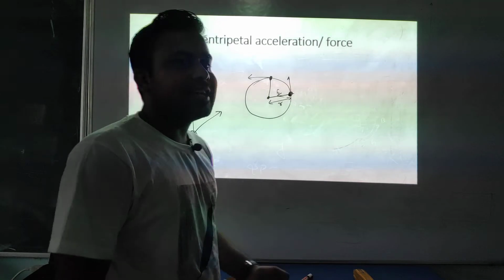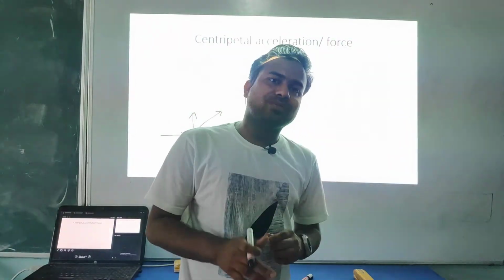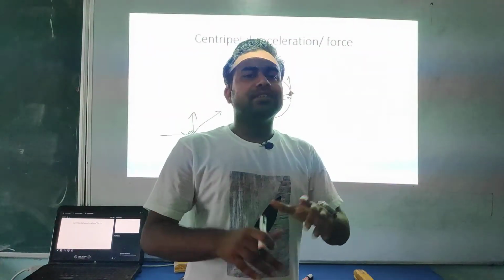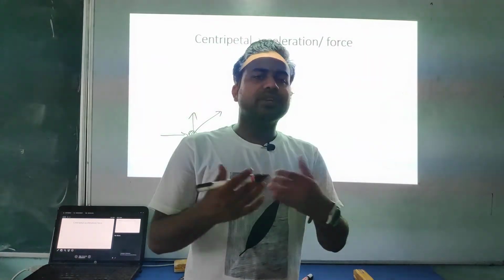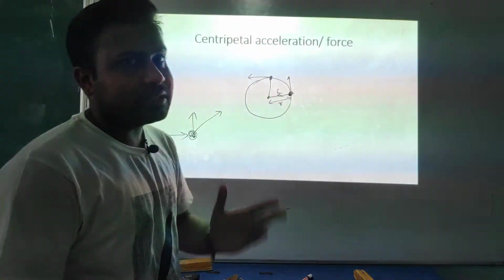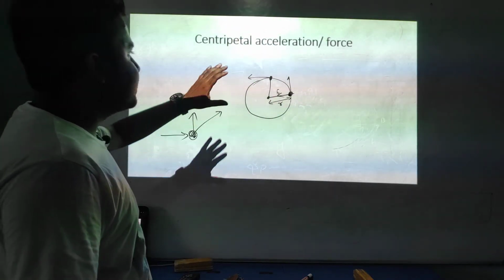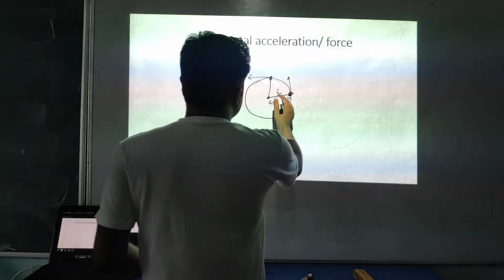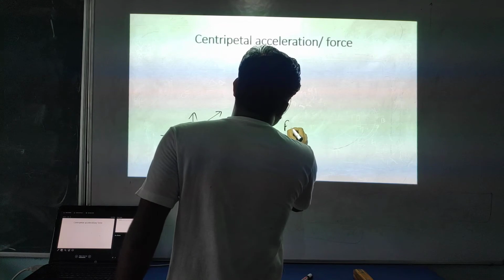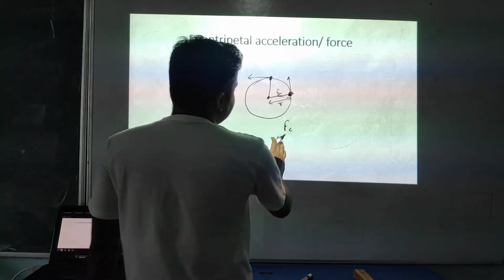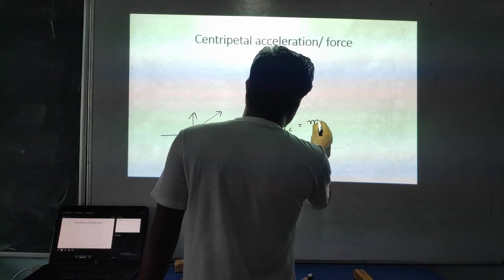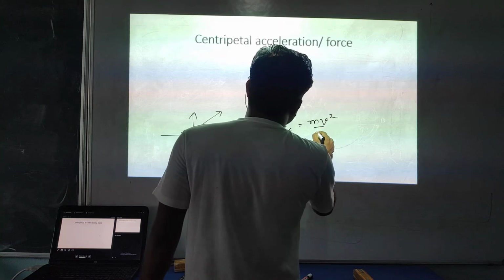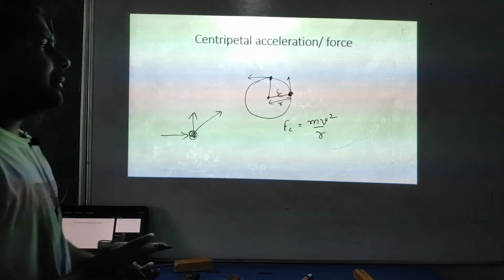By the way, in 11th class we have a separate chapter for circular motion. That's very detailed. You will learn circular motion in great detail. 11th class physics is very interesting, and this is just an intro part. So here we have just the centripetal force Fc, and the magnitude of the centripetal force is equal to mv square by r.